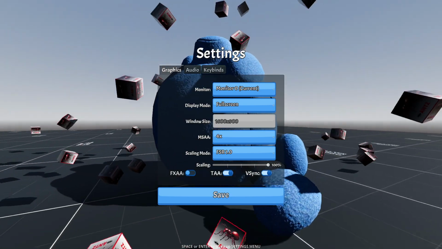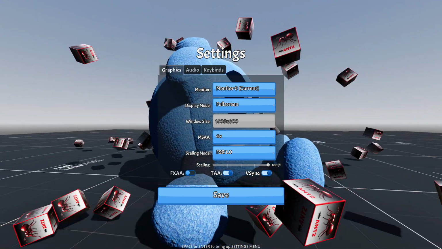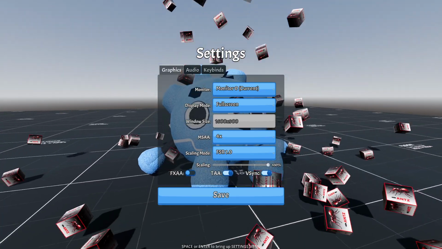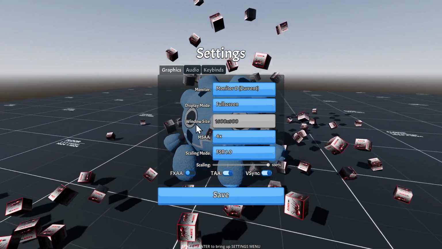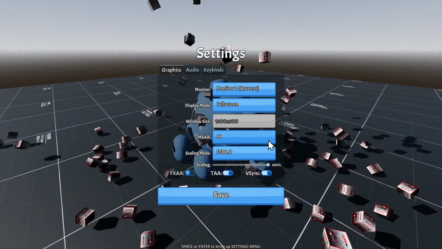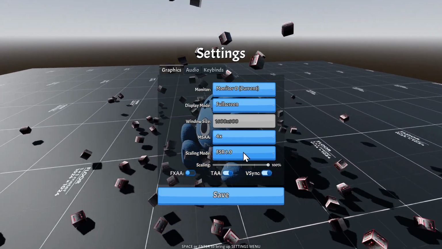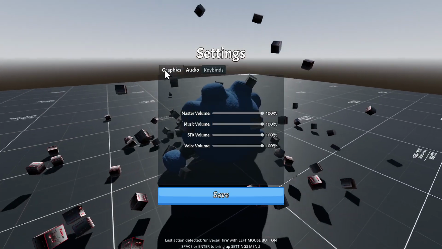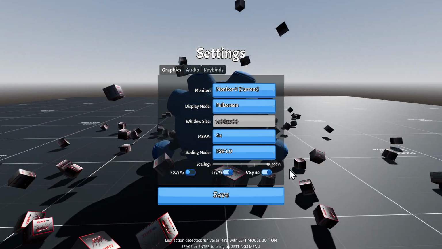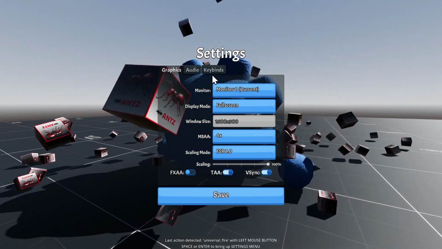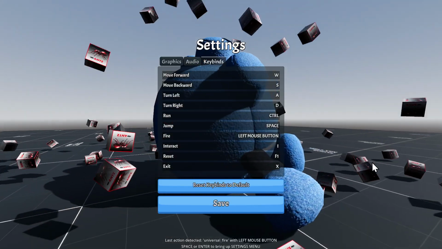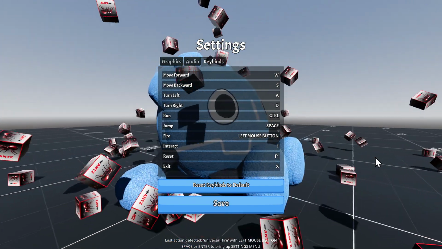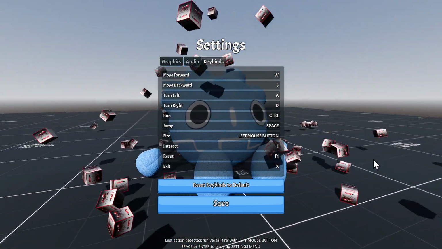This is a second video about my new plugin called the Godot Universal Settings plugin that allows you to persist a bunch of settings and also have a plugin that is renderer aware. If you want to know more about the graphics and audio features of this plugin, please see my previous video linked in the description. But today we're going to be talking about keybinds, and the reason why we're going to talk about keybinds is out of all the feedback I got from my original video and the original